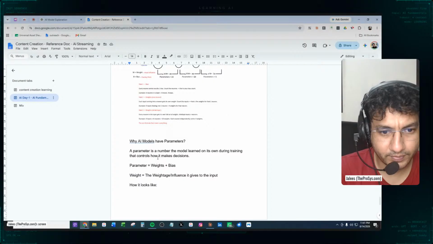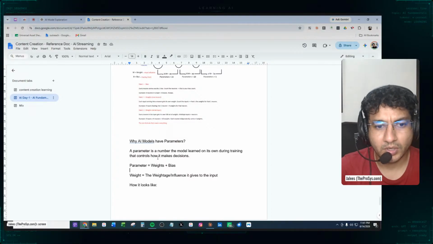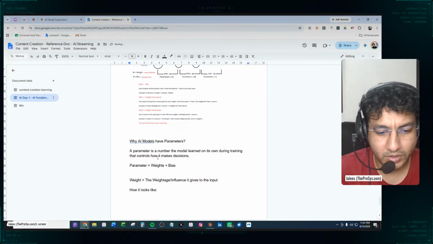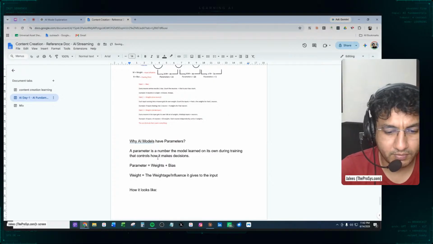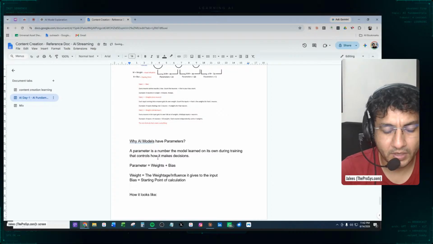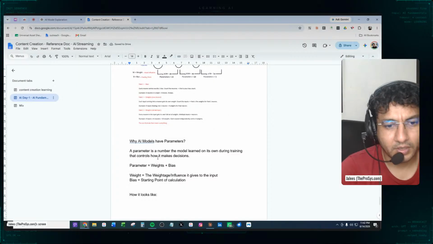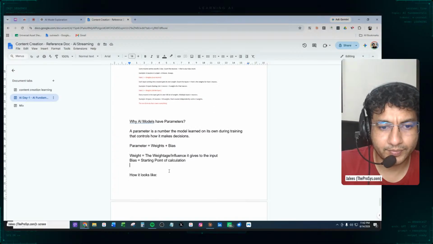ओके, सो पैरामीटर्स जो है ये होते हैं, वेट्स इक्वल्स टू दिस वन, weight equals to this one, and bias equals to starting point of calculation. ठीक है, so yep, ये आ जाते हैं how it looks like. If we have something like this,